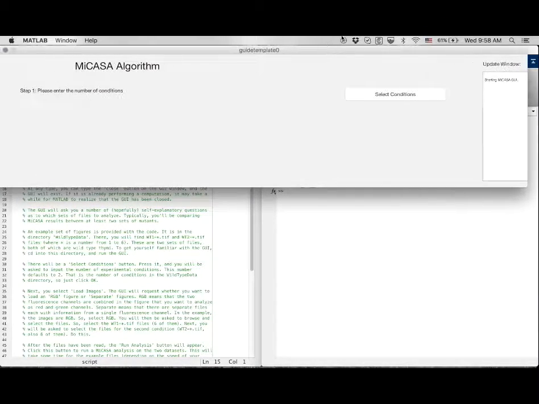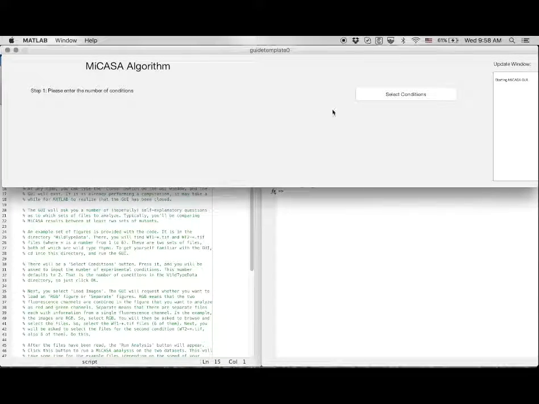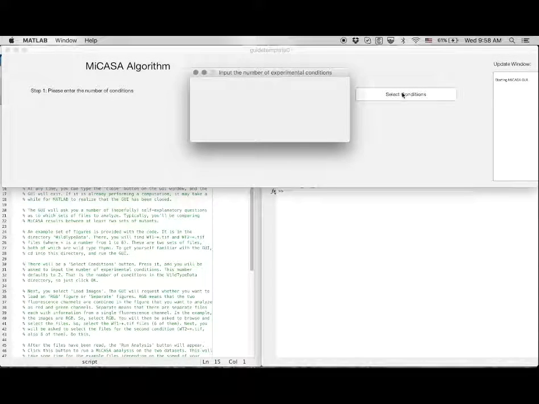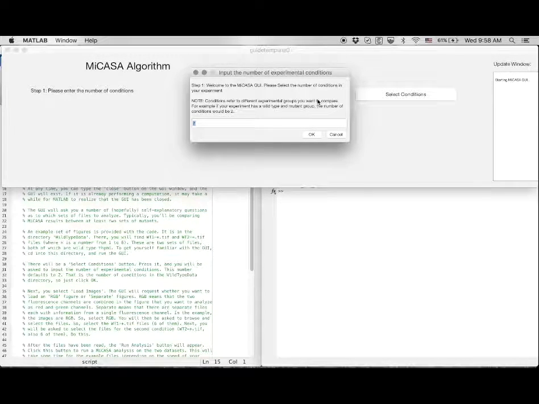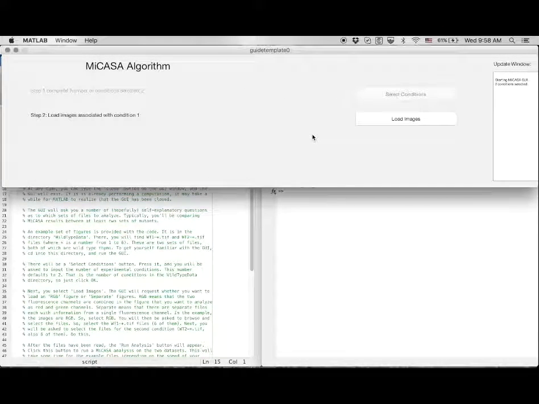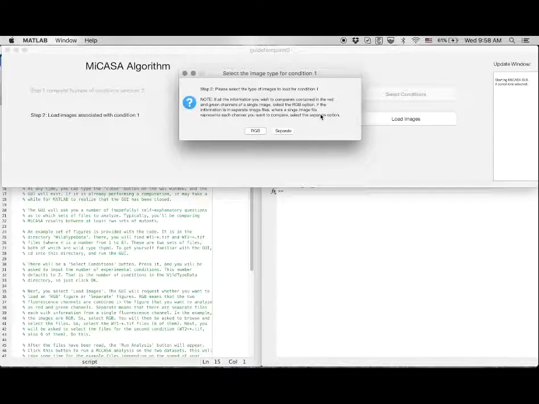So MiCASA opens up a window, which is very straightforward. There are just a few steps that you have to follow. So in the MiCASA analysis, first we have to select how many conditions we want to compare. Here I'll select 2 conditions. I'm going to load the images, so it's actually going to ask us to load the 2 sets of images. The images that we have are RGB, so red, green, blue type images,